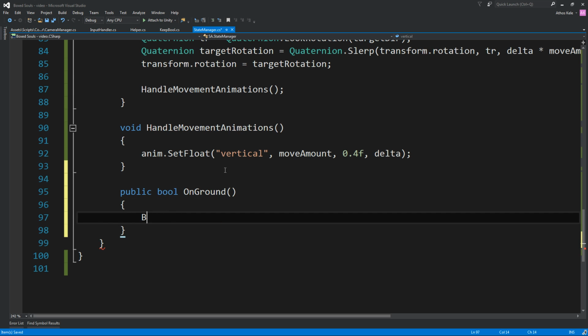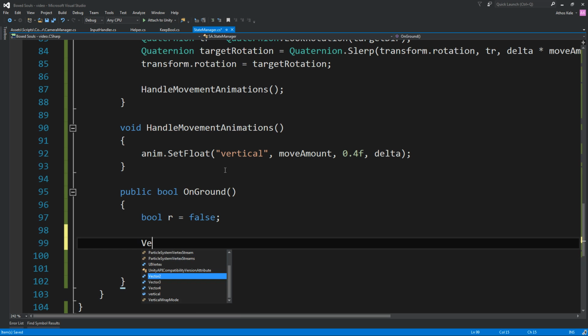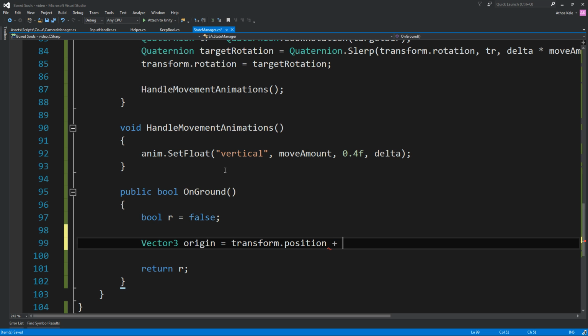We start as false, return the R, and then we can do an origin, which is going to be our transform position plus an offset, which is going to be Vector3.up multiplied by